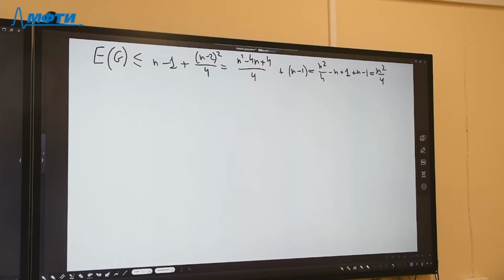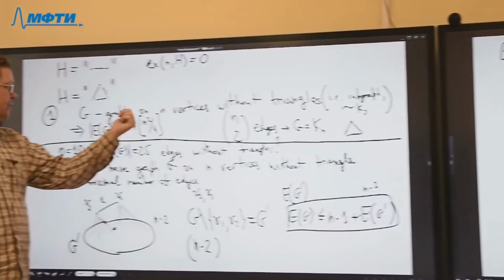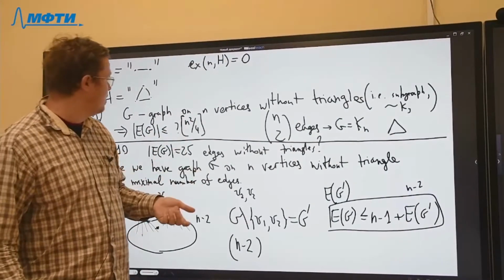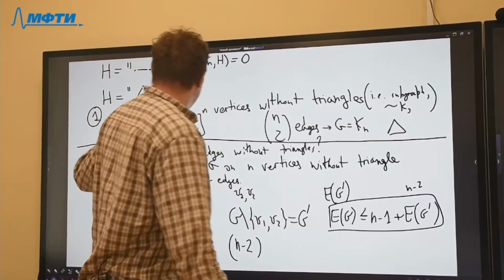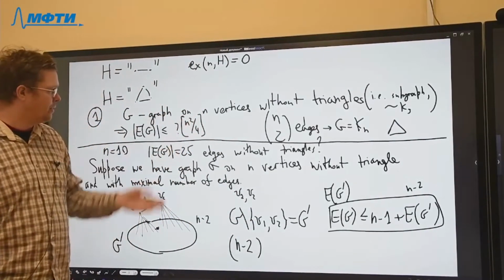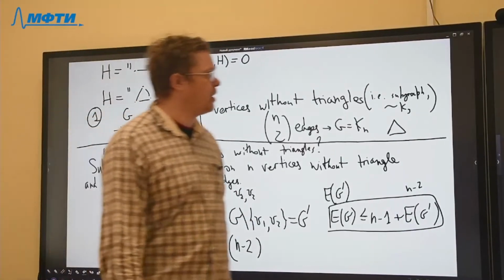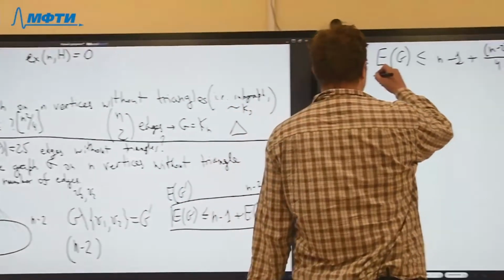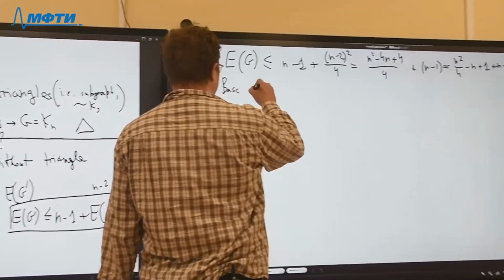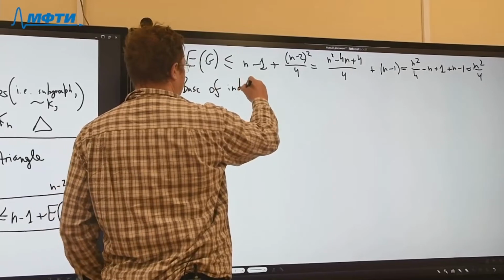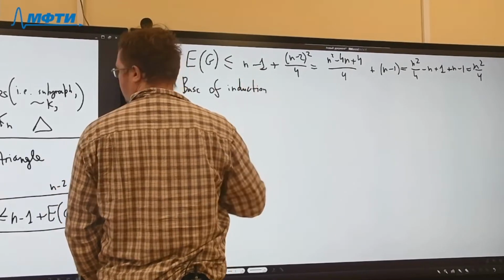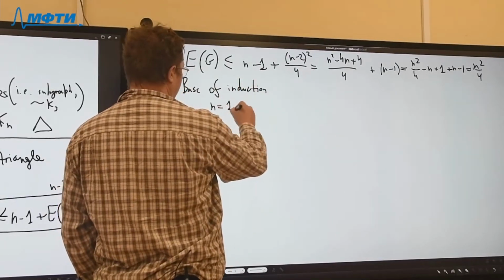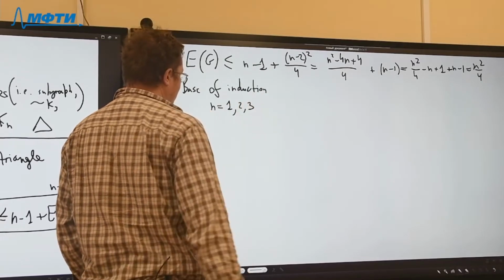So maybe, yeah. If I can prove that E of G is not greater than n squared over 4, then I can prove that E of G on n plus 2 vertices also has this restriction. So we just need to check the base of induction, maybe for n equal 1, 2, 3, that if we have no triangle, then